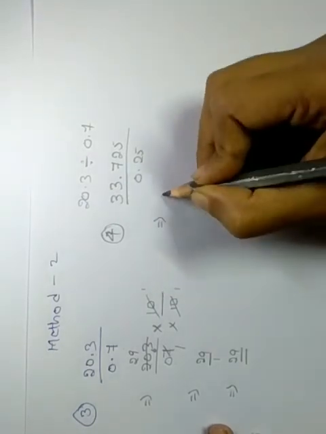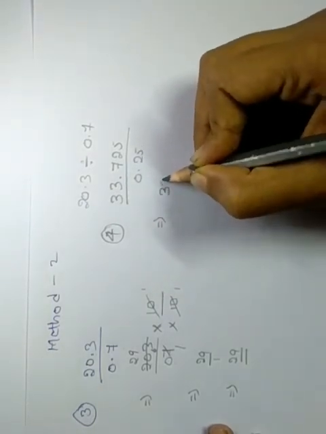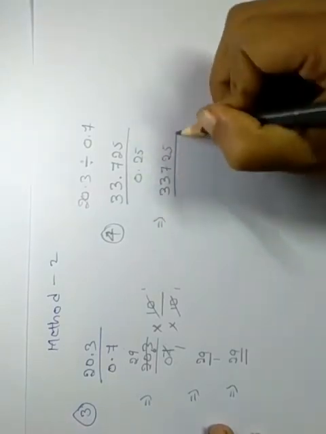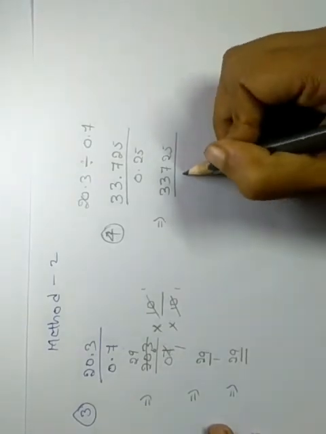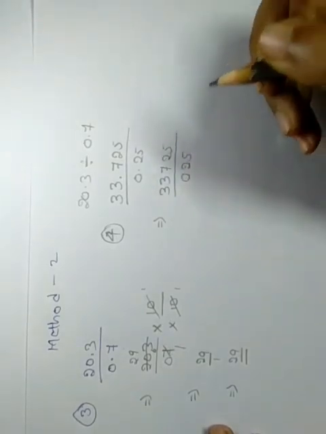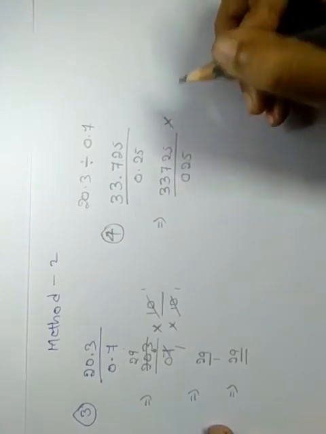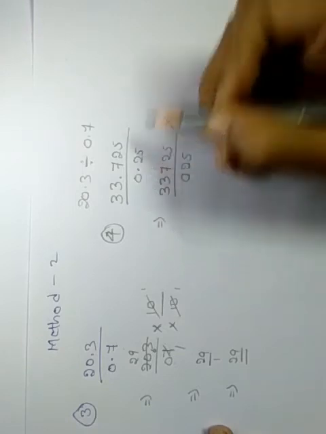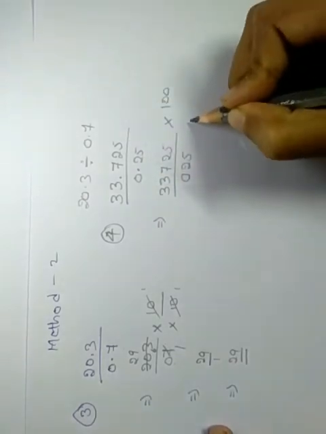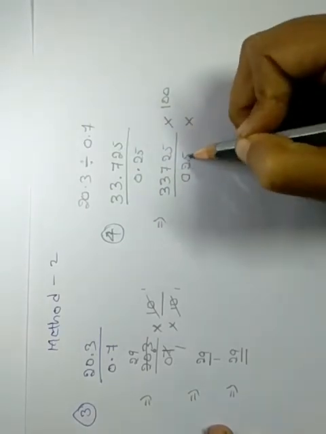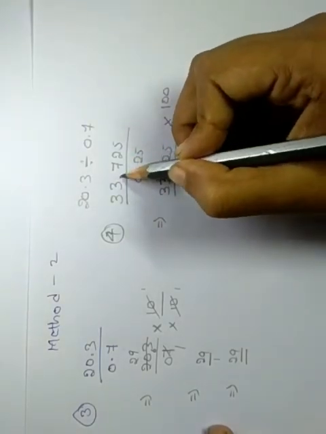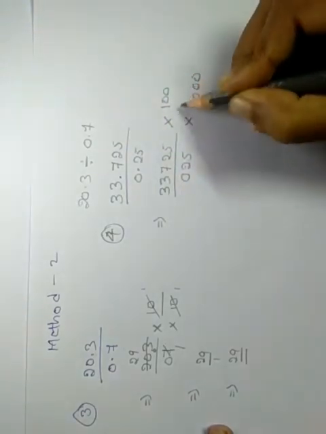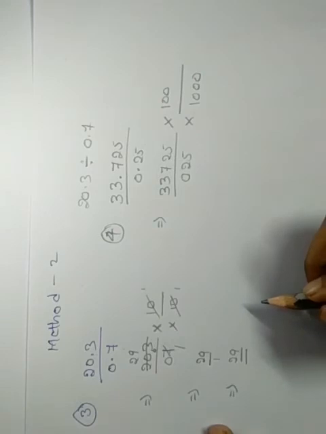The very first step, we'll write the numbers here first, ignoring the decimal point. Here I have ignored the decimal point, and here also I have ignored the decimal point. You all know that here at the denominator place there is a decimal point after 2 digits, right? So we have to multiply it by 100. And at the numerator place there is a decimal point after 3 digits, isn't it? So we have to multiply it by 1000 and we have to insert this division symbol.